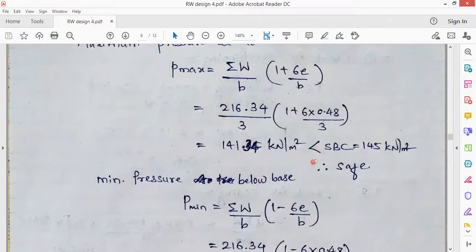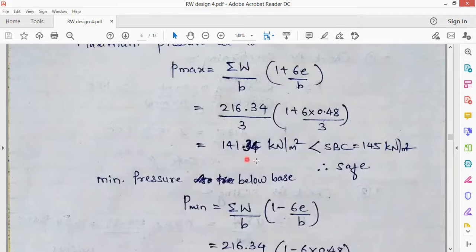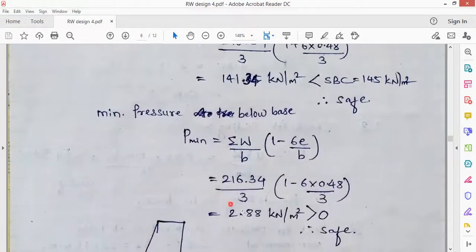And what is the SBC? It is 145 kilonewton per meter square. So this P max is less than the SBC. So I can say that it is safe. As I said, P max should be less than SBC, and P minimum should be